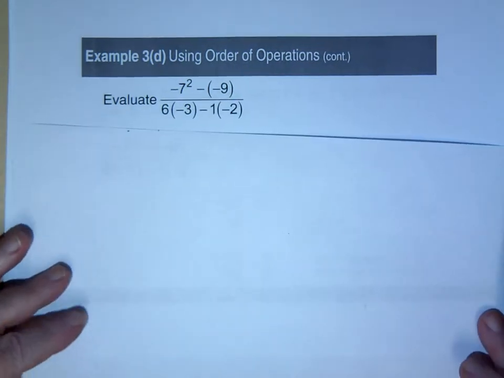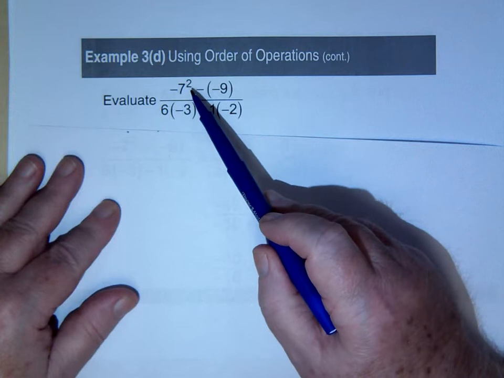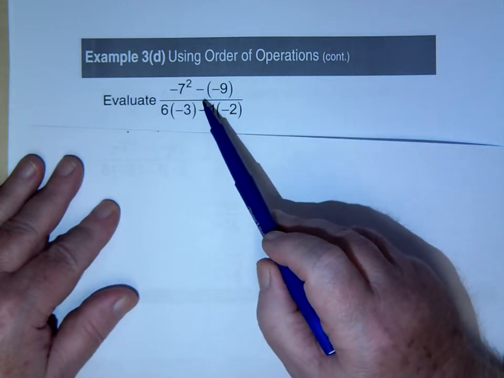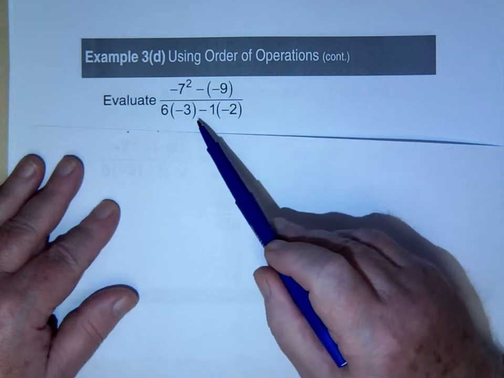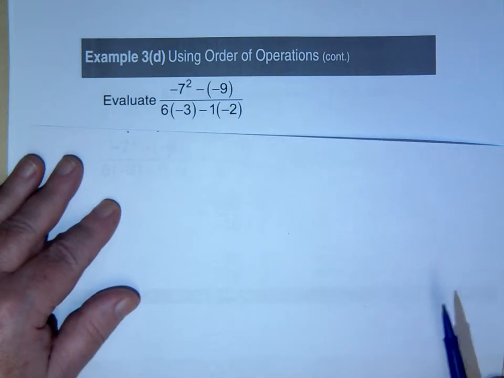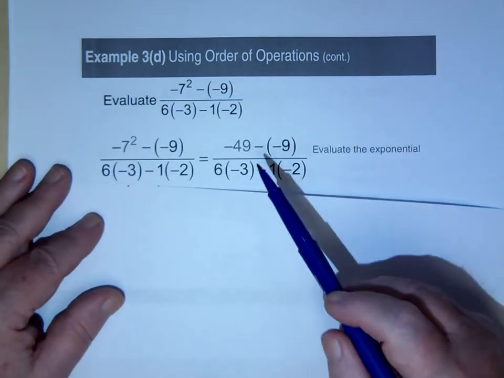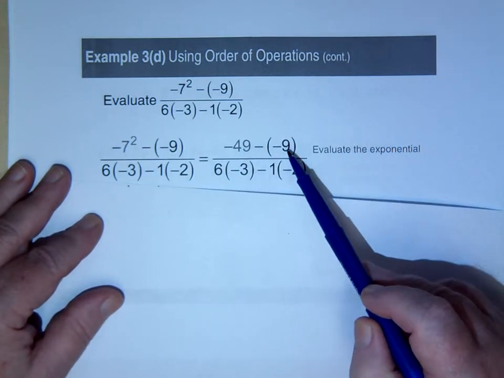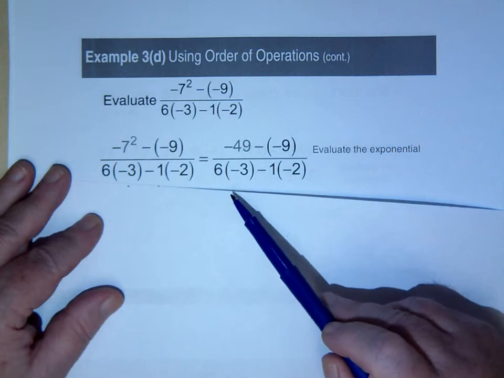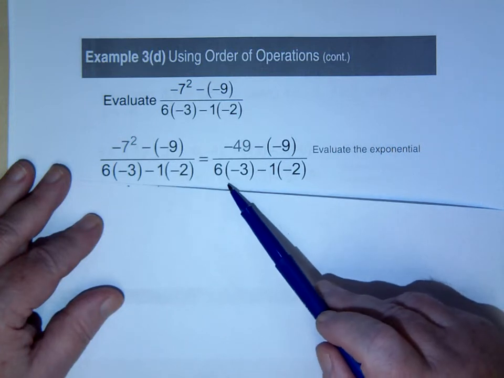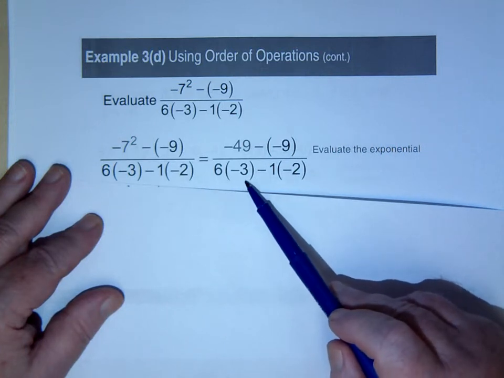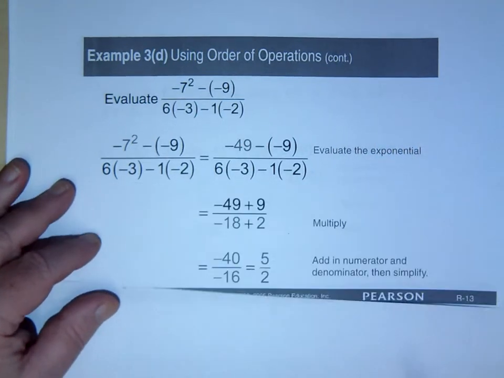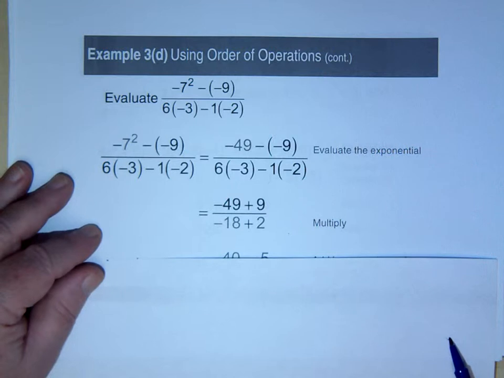Perhaps a more complicated example here. When 2 is the exponent, the base is just 7. Here we'll have a minus times a minus. Down here we will also have a minus times a minus. So when we do this calculation, we will get minus 49 minus a minus 9, all over 6 times minus 3, which is going to be minus 18. Here we'll have a minus, that's going to be a plus 2. When we do those calculations, we get this,